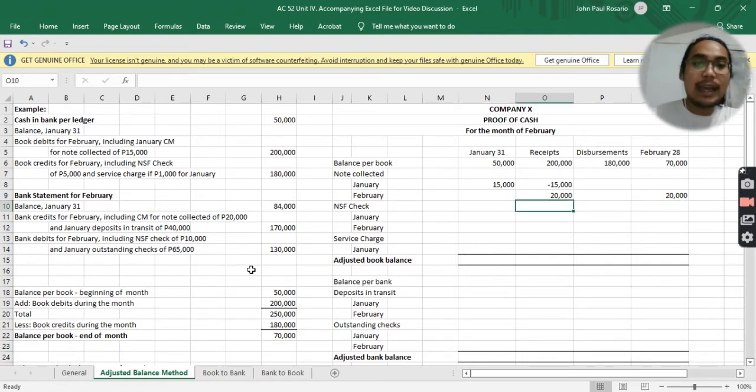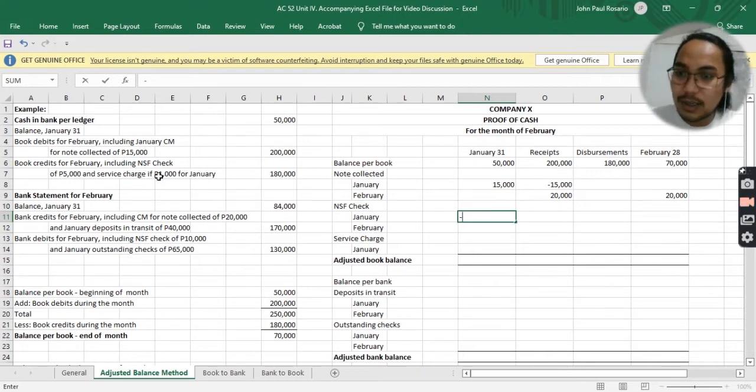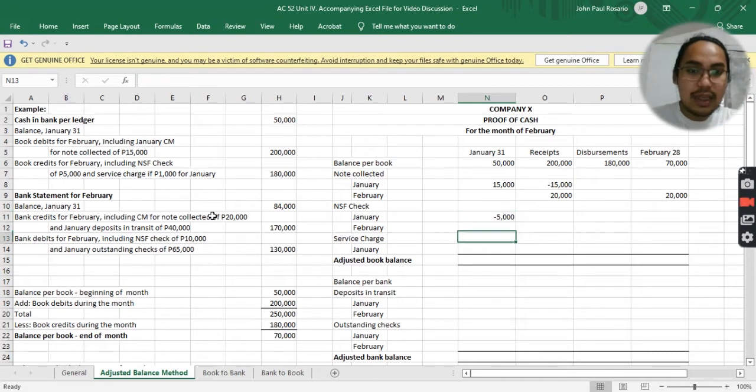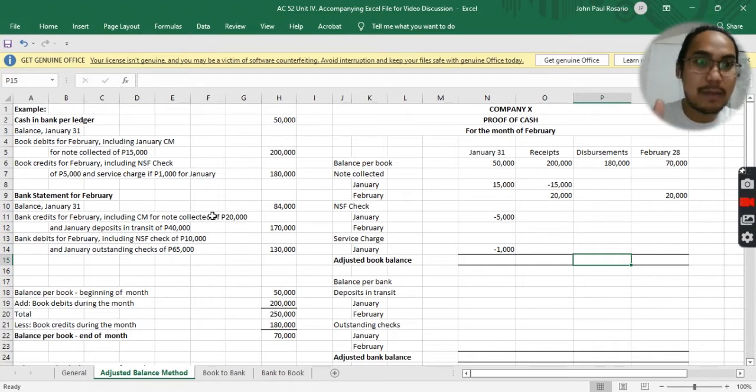Okay. Now for your NSF check is a debit memo. So ang imong January nga debit memo, malamang minus na siya kang imuhang January nga balance. So pila tong debit memo sa January? 5,000 for NSF check. And then 1,000 for your service charge. Now, unsa may impact niya ani sa ato ang disbursements